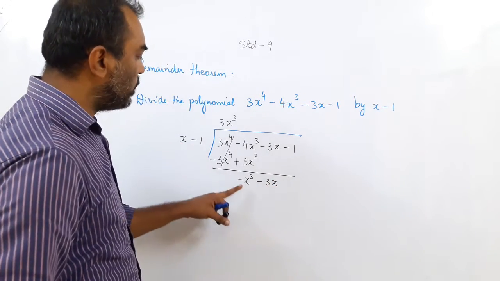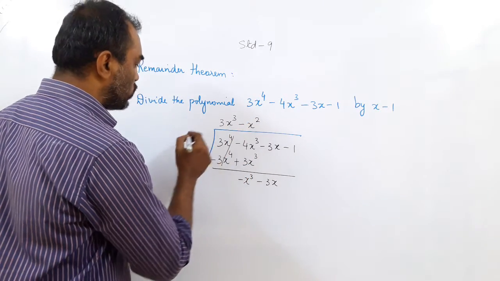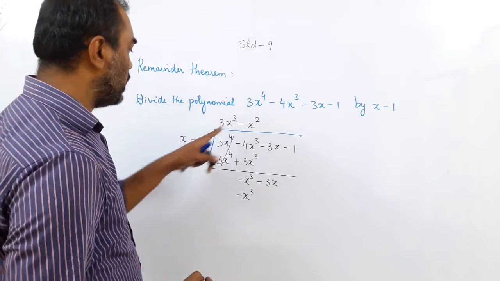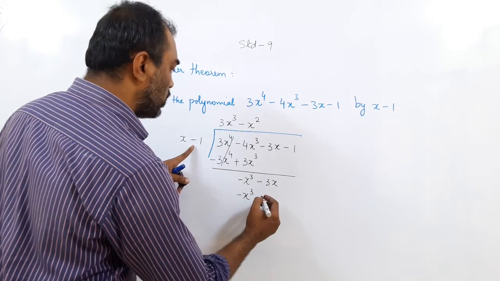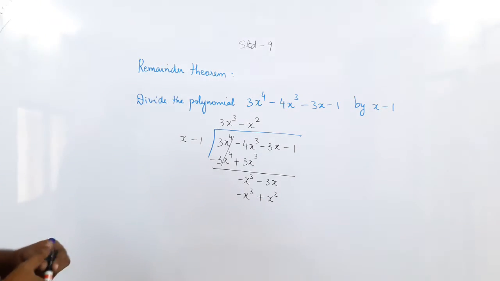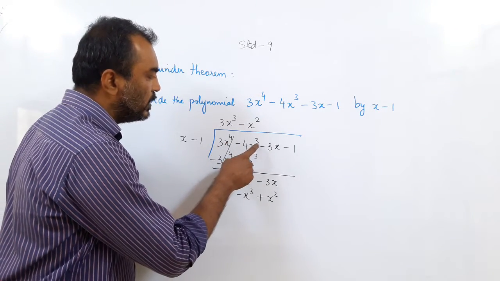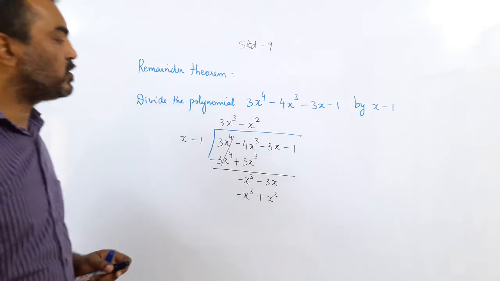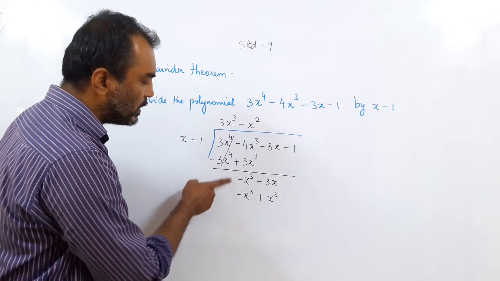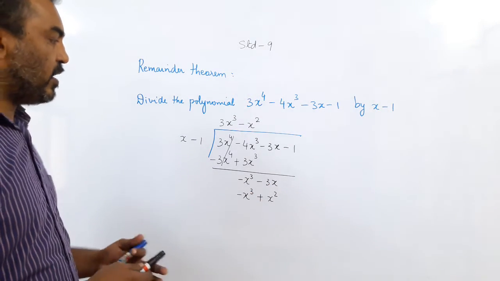Now how does x become minus x cube? So I multiply with minus x square. Minus x square into x is minus x cube. But minus x square into minus 1 is what? Plus x square. Now what did you notice here? We have got x raised to 4, x raised to 3, but the x raised to 2 term is missing. It wasn't there. Here you can see x cube, these are like terms, but these are not like terms. So you have to be very careful here.